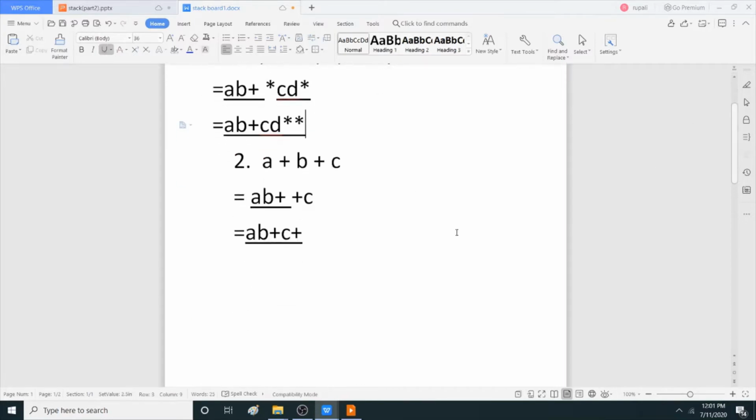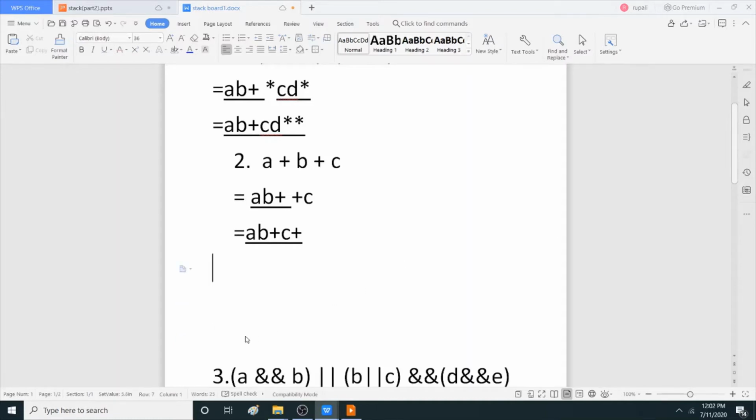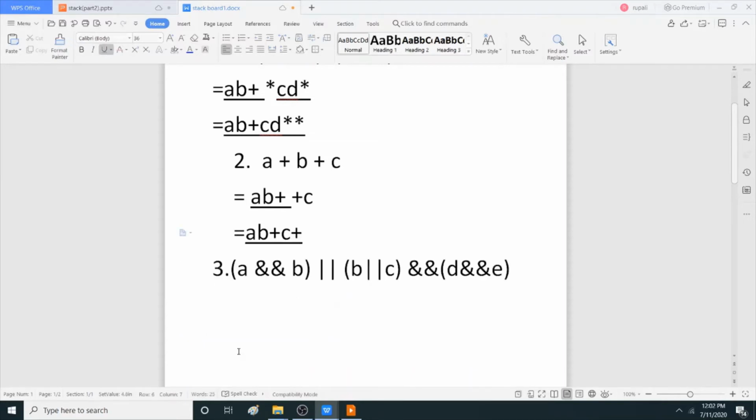Now see, take another example. These are the logical operators and, or. Always remember the priority of and is greater than or. So pause this video and try to do it on your own. I give the hint: priority of and is greater than or. So what is the solution? The solution is, first the bracket. The bracket has the greater priority. So A and B becomes A B and, underline it.